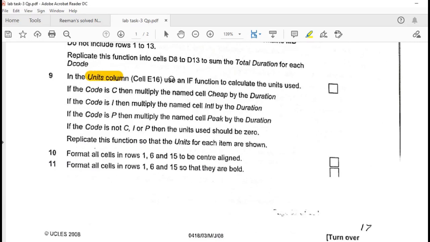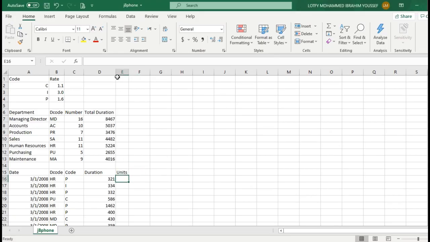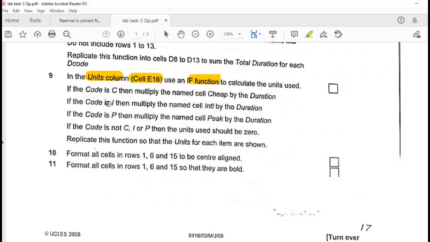In the units column, which is the cell E16, use an IF function to calculate the units used. Okay, so this is where we're talking about. This cell E16 is the one in the units column. Now, if the code is C, then we multiply the named cell cheap by the duration. If it's I, then we multiply the cell intel with the duration. If the code is P, then we multiply the cell peak with the duration. If none of these are true,